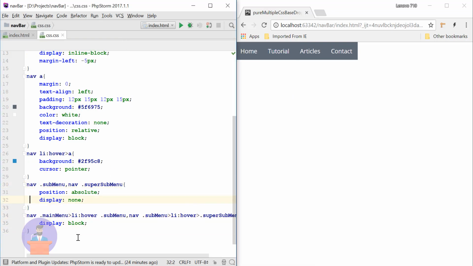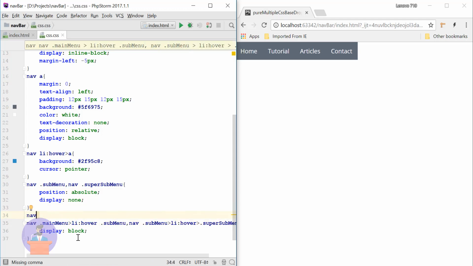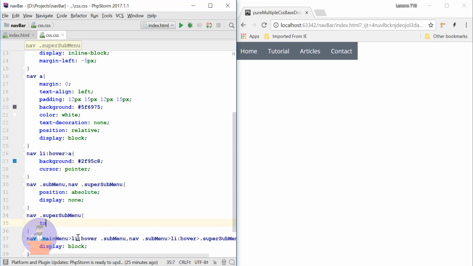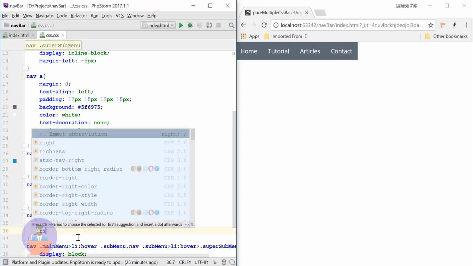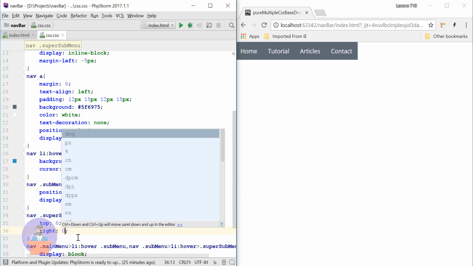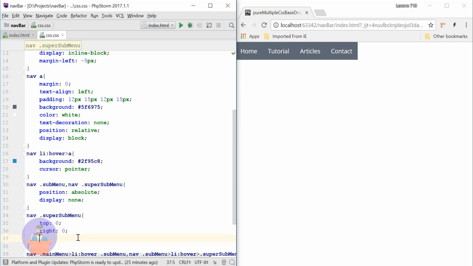Here in the navigation bar we have super submenu, and here we will provide top as 0, right as 0, because we need to make it right aligned. So let's just refresh our page.